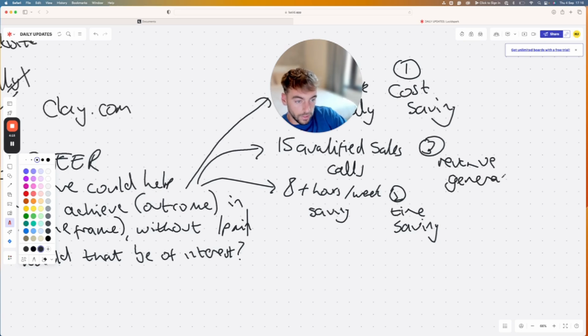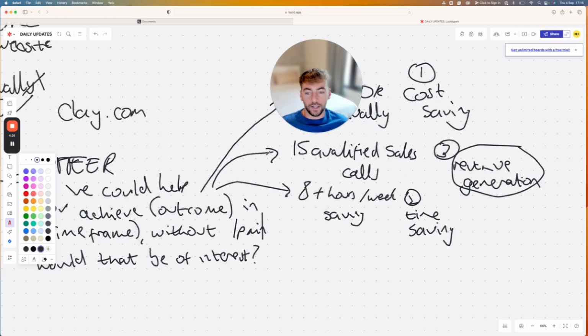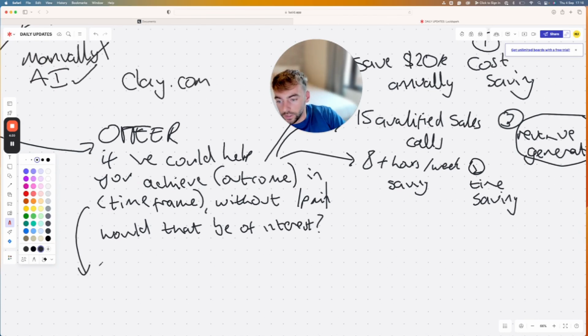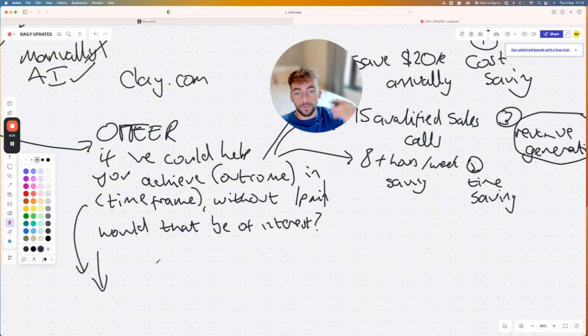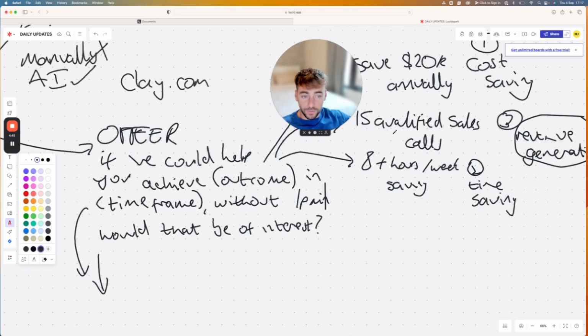Right? So if we can articulate our offer in a way that makes it clear that we're doing one of these three things, ideally revenue generation, because this gets the best results, then it's going to make our offer far more attractive. Okay, time frame, we really just need to minimize this to make it as small as possible. If you've seen Alex Hormozi, you've seen his value equation. He has time delay on the bottom half of the value equation. This basically means the quicker we can achieve the result, the more valuable it's going to be to the prospect, right? So if we could help you generate 15 qualified sales calls in the next 27 days without,